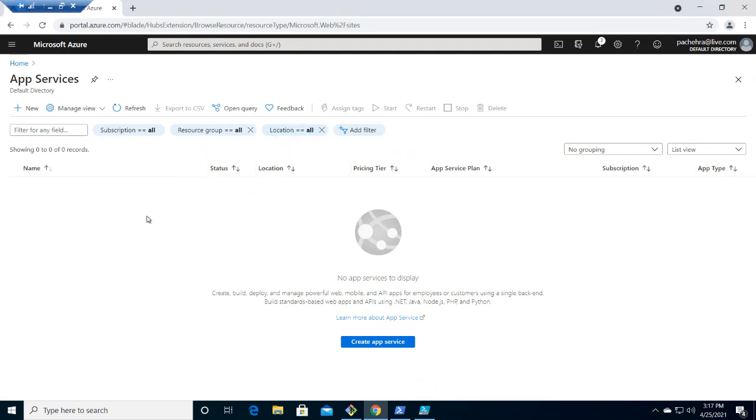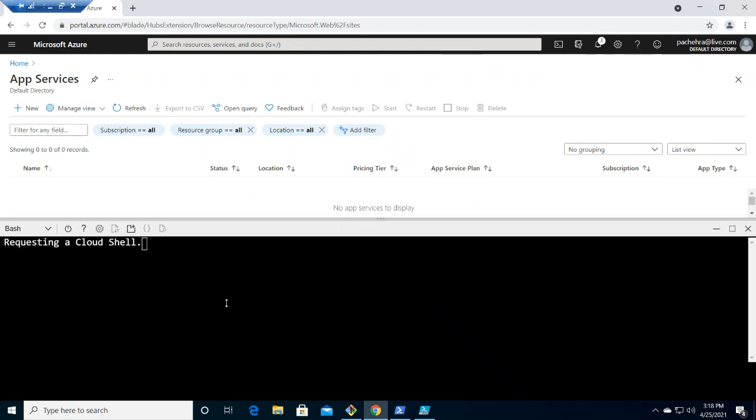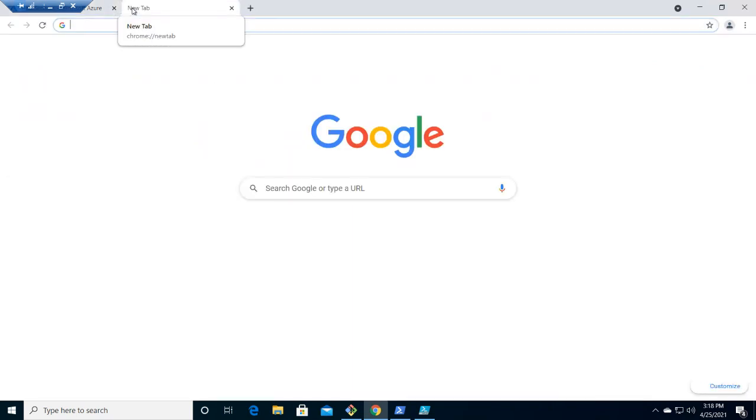Let me show you first with the help of CLI, then we'll cover PowerShell and then Azure Portal. There are multiple ways that you can utilize CLI. You can install it as an MSI on your virtual machine or your own laptop, by which you are working or taking care of your cloud things. But the best way, I feel, is the Cloud Shell. If I click here at the top, it will give me the Cloud Shell. Since I'm doing this session, it's better if I open another tab and type